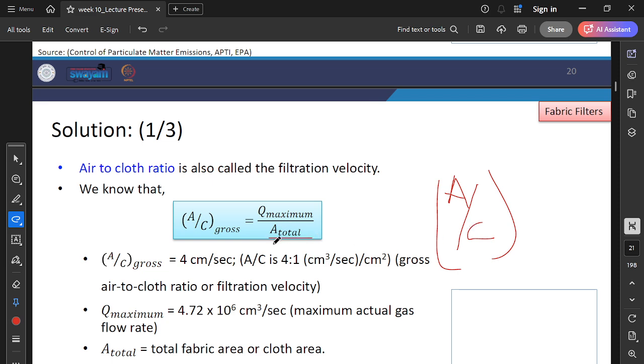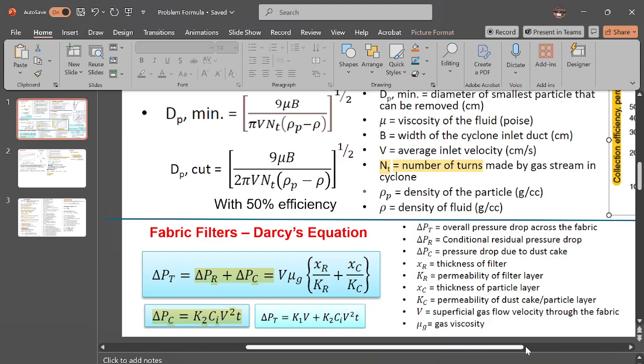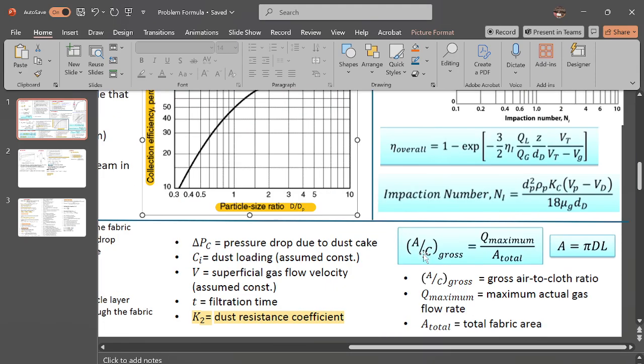So here I am taking the total area. I am going with the formula sheet again for filter bags. Here you can see A by C gross equals Q maximum by A total, so that is given as 4. Q maximum is the flow rate, which we know. Area total we can find. How to find area total? It is pi d l. The diameter is given for a circular bag. It's like